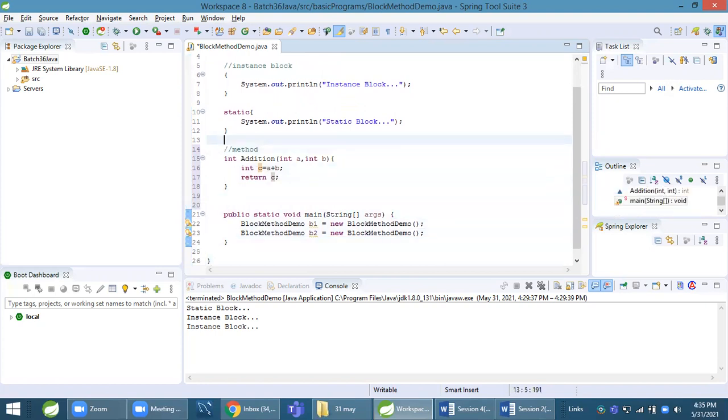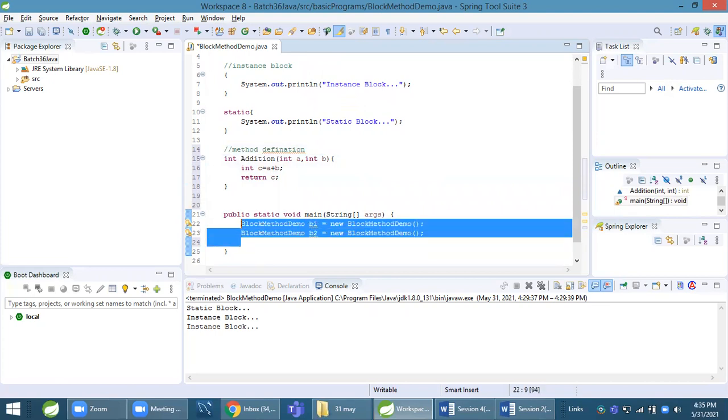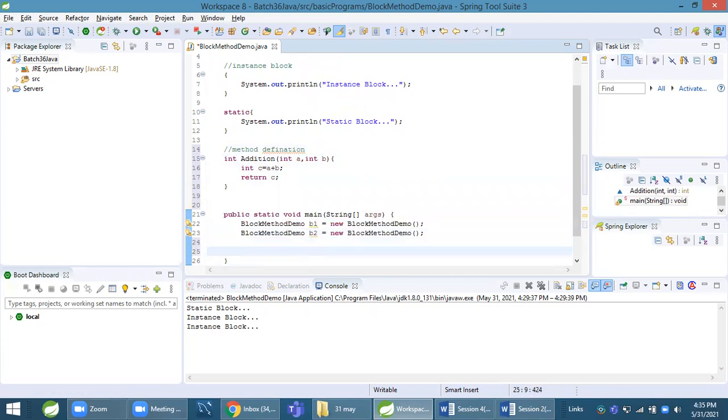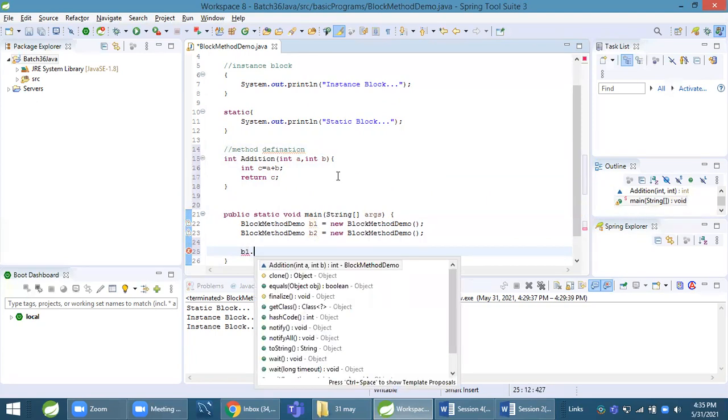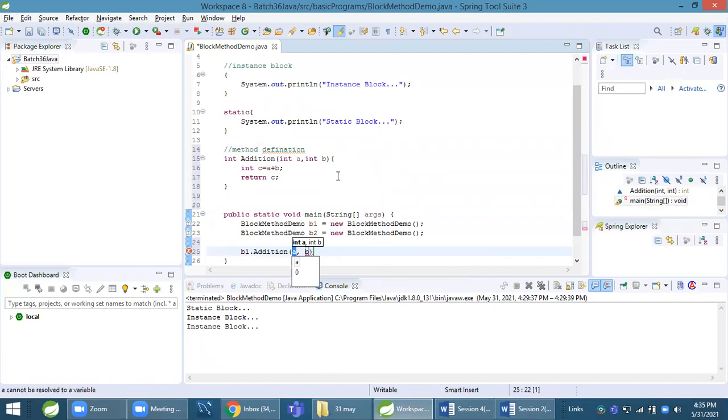This is called a method definition. And after that, we create an object of the class. After creating the object of the class, we write the object name dot method name addition, and we pass values 20 and 50.